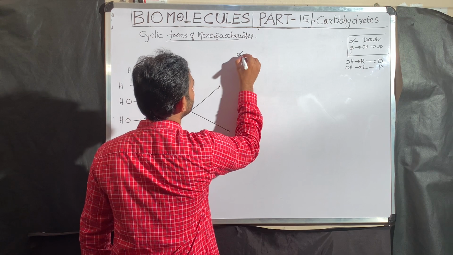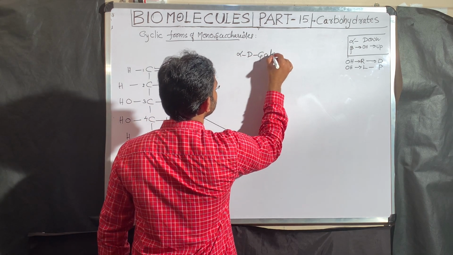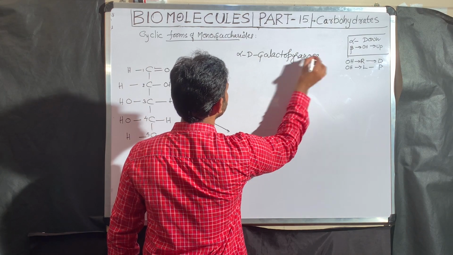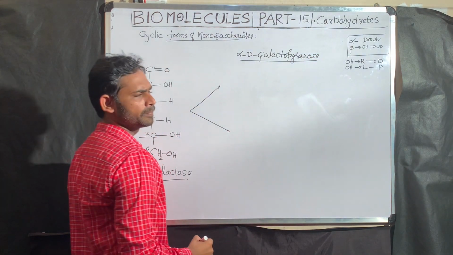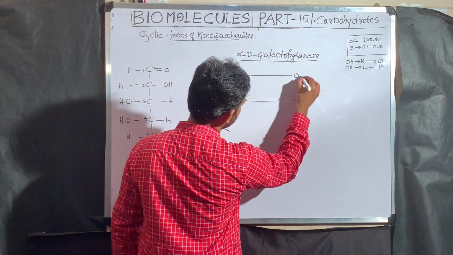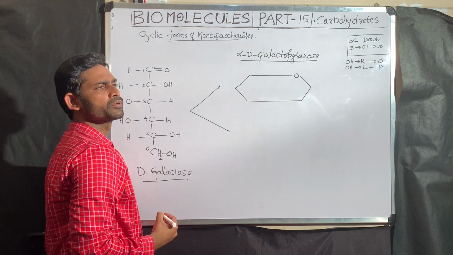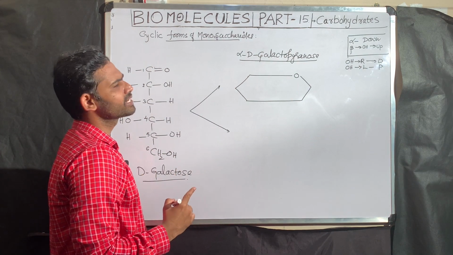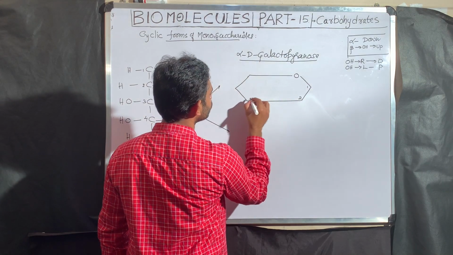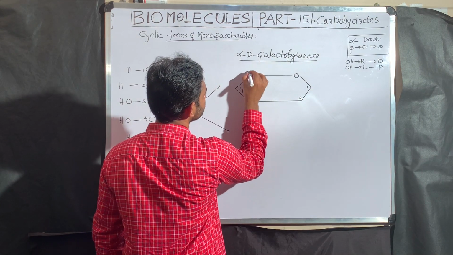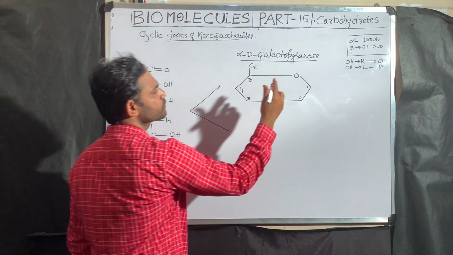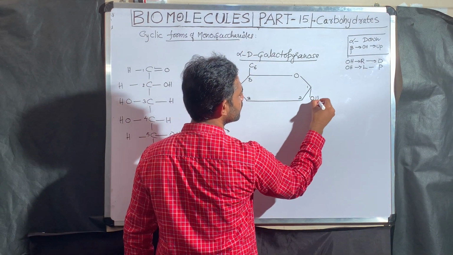First I am going to draw alpha D-galactopyranose. Okay? Which ring are we going to write? Pyranose structure. You have to practice, okay? Which number do we have to start with? 1. Why? Because galactose is an aldose sugar. 1, 2, 3, 4, 5, 6, because it is also a hexose. Which anomer? Alpha. Means the OH group on the functional carbon towards the down.